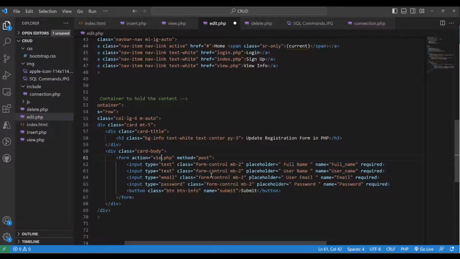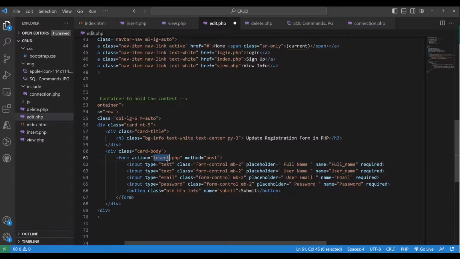So we use view. So when we edit, it should go into view.php. Just a minute, let me see. No,